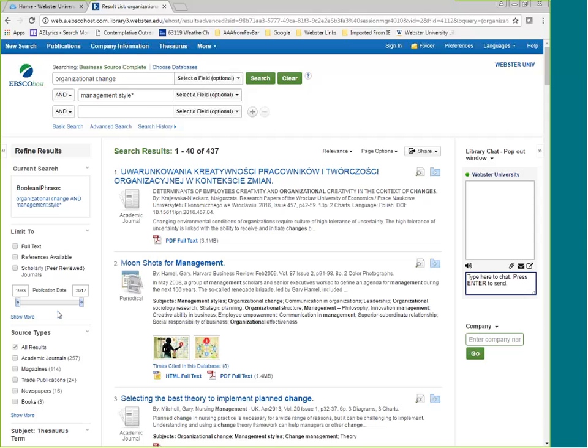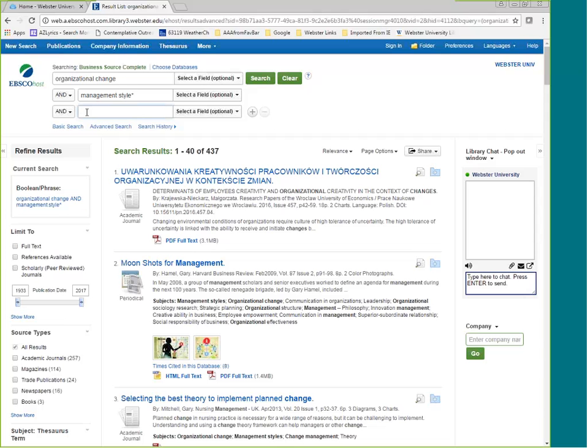But I would suggest that while you're looking at your search, you wait a little bit to move up that date slider, because we're going to look at what we find and use that to make our searches better. So we want to look at the full range of articles, at least while we have quite a few of them. Okay, so we're going to go ahead now and add our last concept.